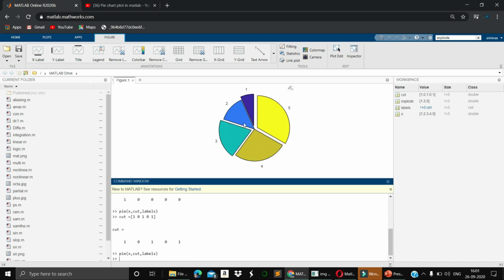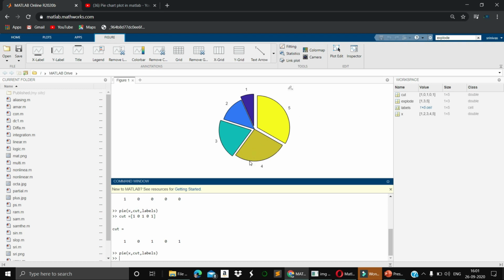So you can clearly observe that I am dividing each and everything. When I have the first position, it is out. Third position, one, two, three, the third position is out. And the fifth position is out. You can clearly observe that. And also you can add the labels. Instead of labels, I am giving one, two, three, four, five.